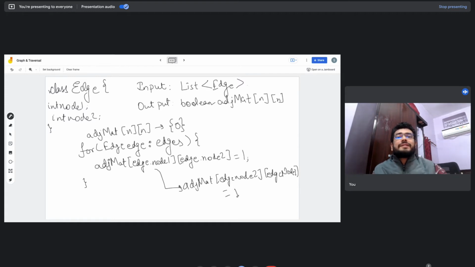What happens in an undirected graph is that there is an edge given from node 1 to 2, but those are bidirectional edges. They don't have any direction. That is, if you can go from node 1 to 2, you can also come back from node 2 to node 1. So in an undirected graph we put 1 for both cases, that is from node 1 to 2 and node 2 to 1.